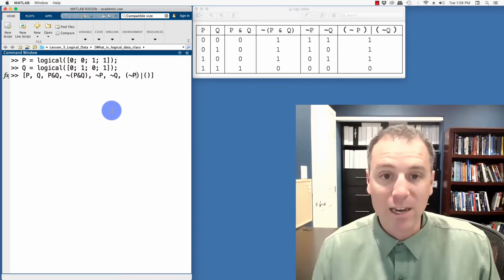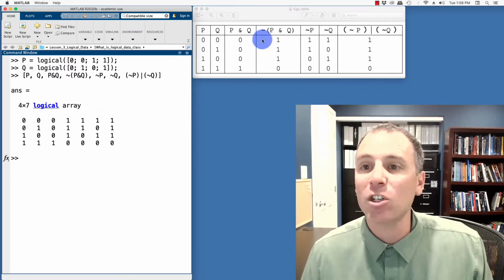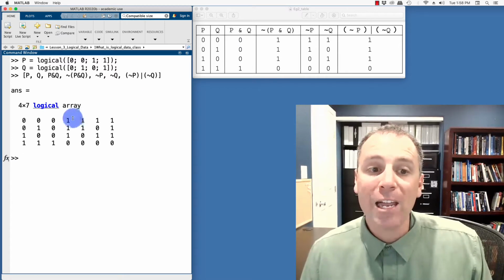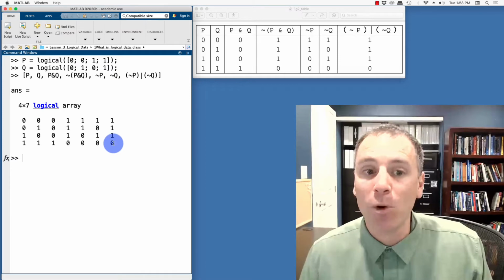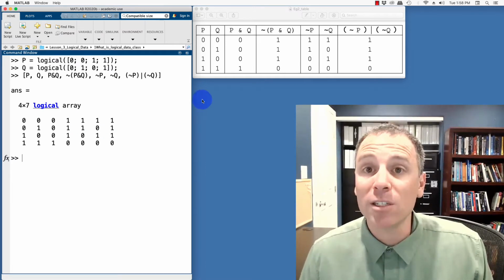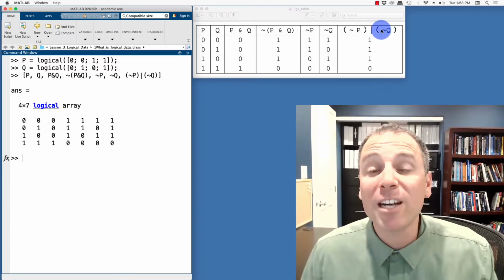So this would be not P or not Q. When I push enter, notice the output of this array is identical to the output of the table. In other words, columns 4 and 7 have identical output. Those two propositions, the NAND proposition and the not P or not Q proposition, are equivalent because their truth values are equivalent.